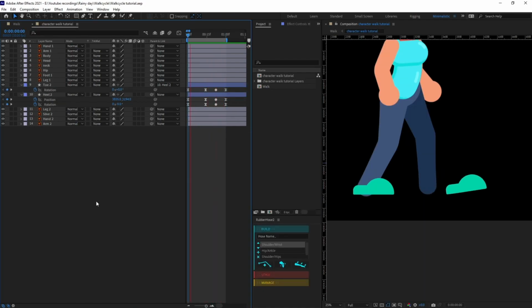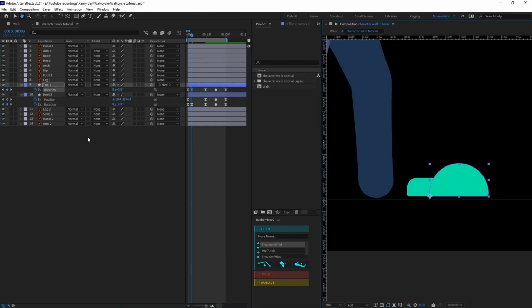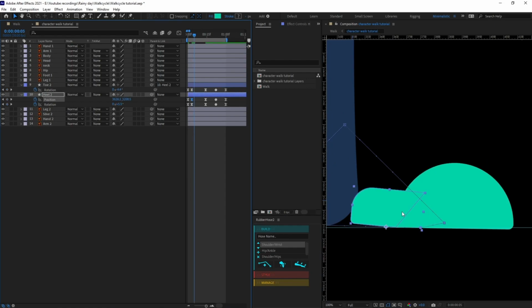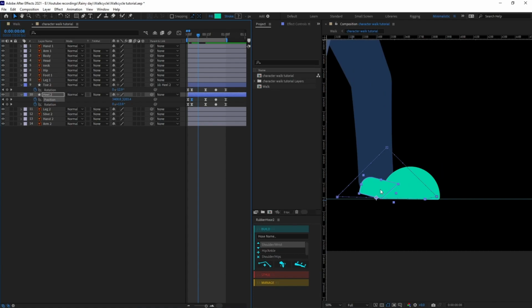Alright, okay, so now we are going to add some more in between keyframes. So from this point, let's jump on to next 3 frame and give it rotation of 0. Here also 0. And let's adjust the position. So till this point, let's give the rotation 0 and this rotation 0 as well.